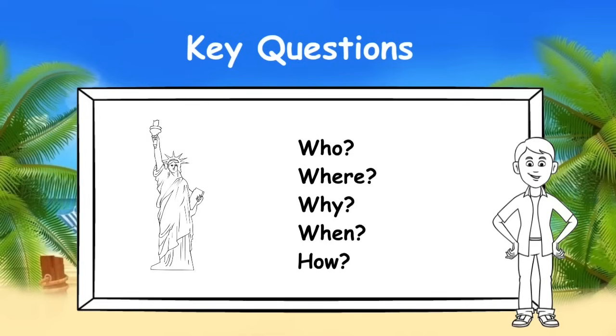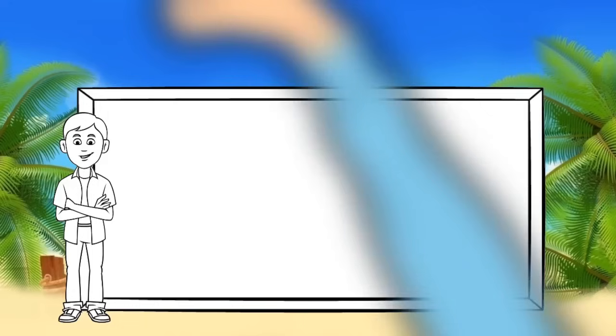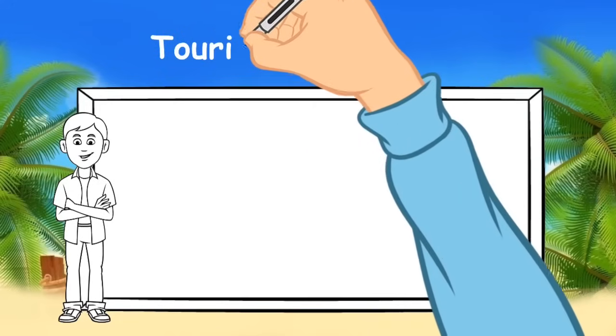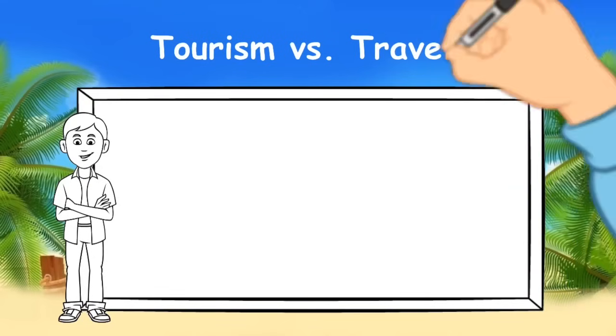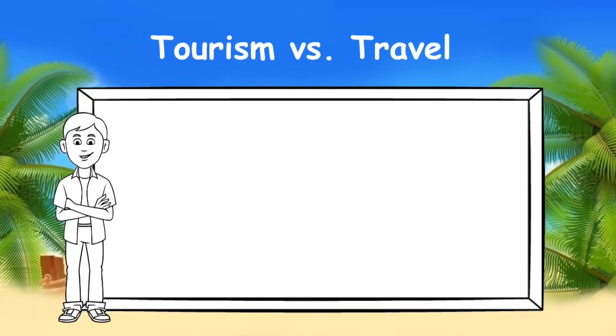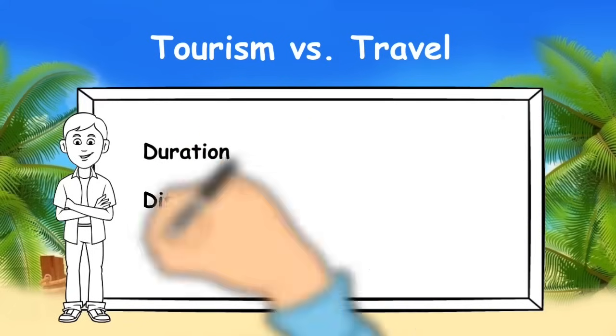But one thing everyone agrees to is that tourism has to do with travel. That is movement between relatively distant locations. But not all forms of travel are considered tourism. So one of the main challenges of definition has been to distinguish tourism from the concept of travel. One way of separating tourism from other forms of travel involves looking at the following three criteria: duration, distance, and